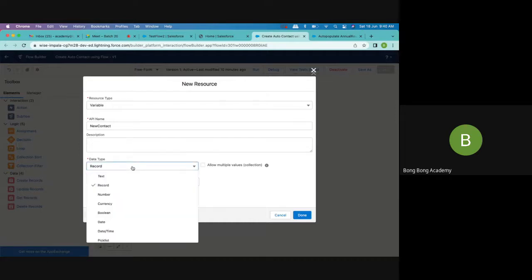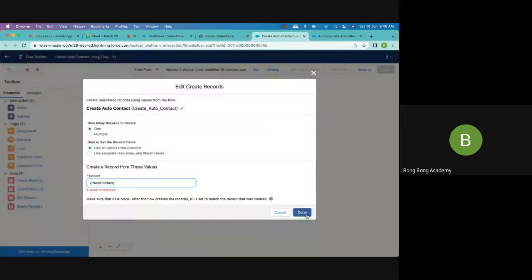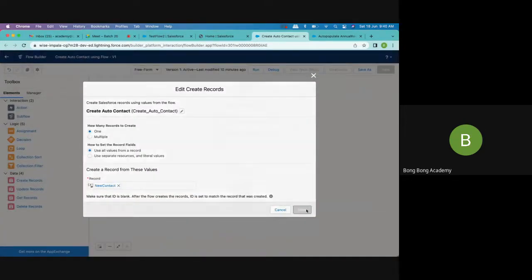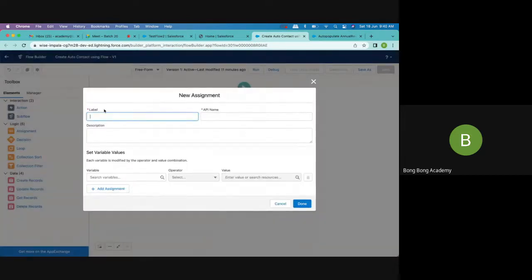You can also create a text variable or currency variable for individual fields if you want. But here, because I need to create my contact, see what's different: now I am not using each value. I'm not assigning each value. So I have to assign now, right? So I will delete this. I will put an assignment variable here. Populate contact